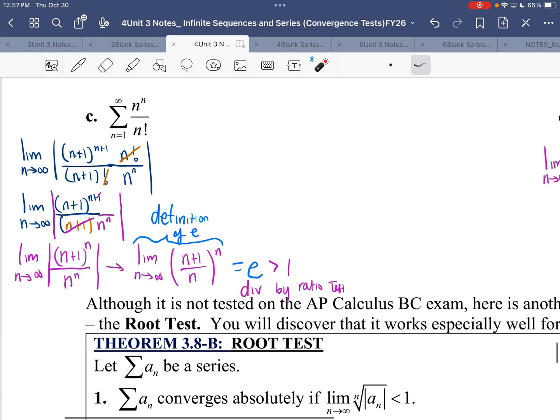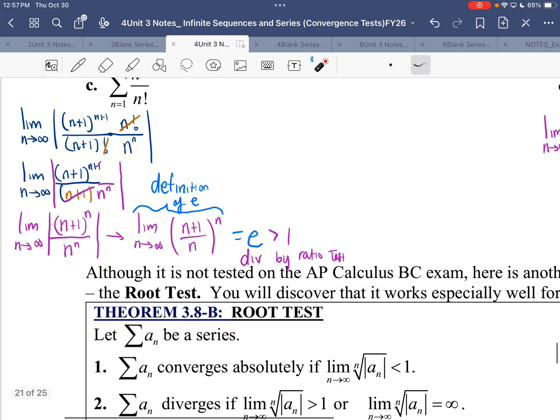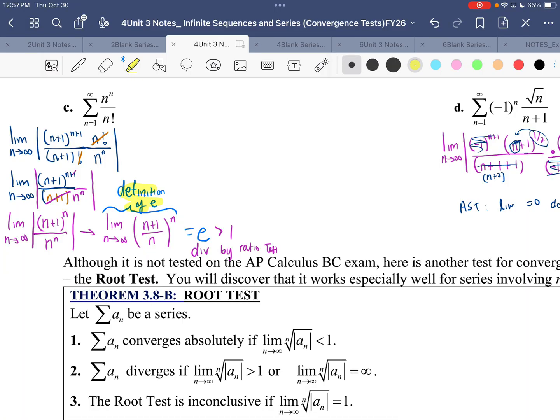Okay, also, fun fact, n to the n is bigger than n factorial, so you could have done the nth term test for divergence on this one. But I just wanted you to see this super fun little definition of e. Okay, so on the AP exam, the root test is not explicitly covered, but in situations like this,